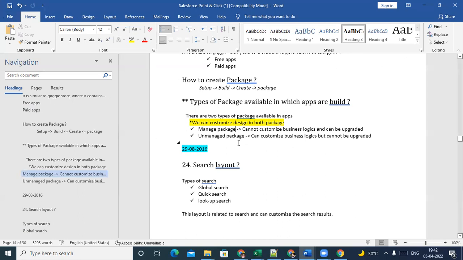And the difference between managed and unmanaged packages: a managed package is something that is predefined and given. You will not be able to make any changes. So take Zoom, they are a managed package, so you'll not be able to go inside their package and change the custom logic or the logic in the code components. They'll be providing you code components. Once you install that, all the components that are related to that Zoom application